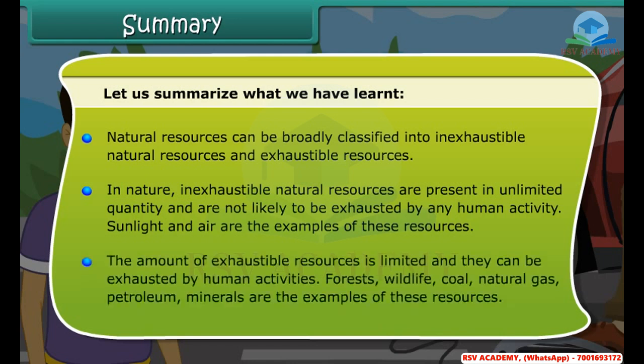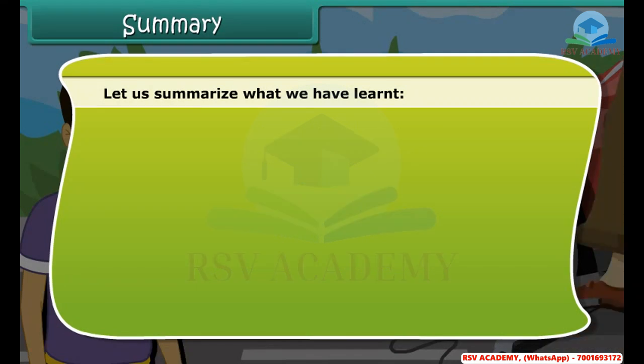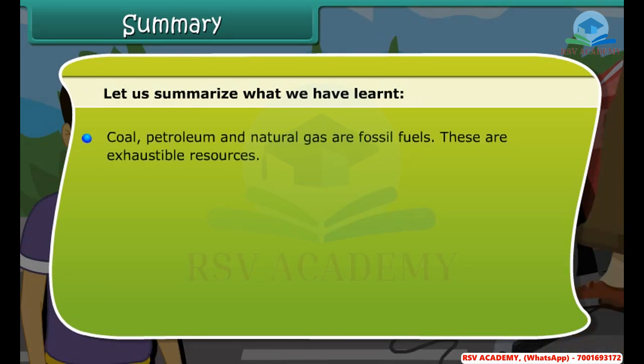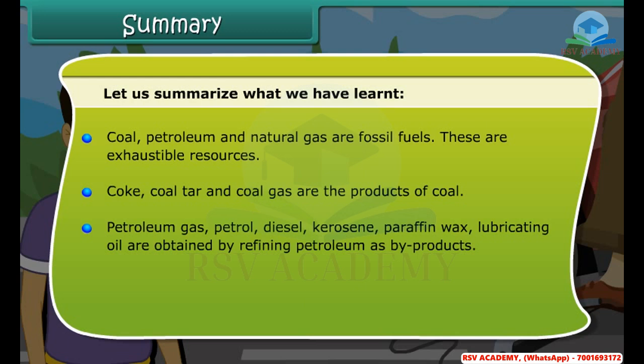The amount of exhaustible resources is limited and they can be exhausted by human activities. Forests, wildlife, coal, natural gas, petroleum, minerals are some of the examples of these resources. Coal, petroleum, and natural gas are known as fossil fuels. These are exhaustible resources. Coke, coal tar, and coal gas are all products of coal. Petroleum gas, petrol, diesel, kerosene, paraffin wax, lubricating oil are obtained by refining petroleum as byproducts. We should use